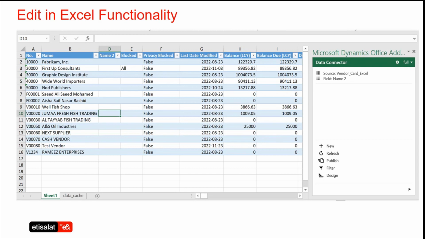Today, most of the applications in the market provide an ERP solution, and they say that it is accessible via Excel and so on and so forth, right? But what is the advantage you get with Dynamics 365? Today, most customers want to export to Excel, do certain updates in Excel,